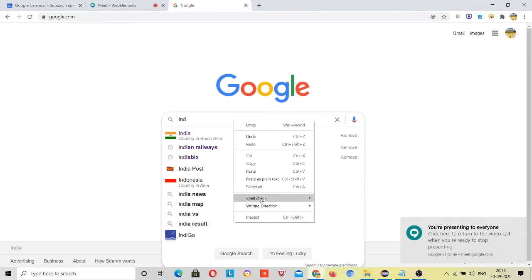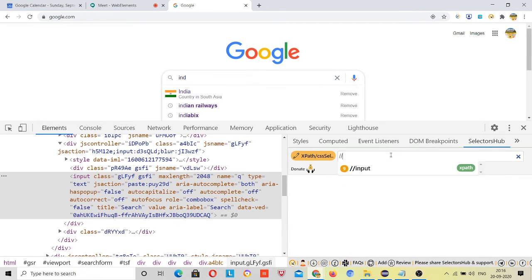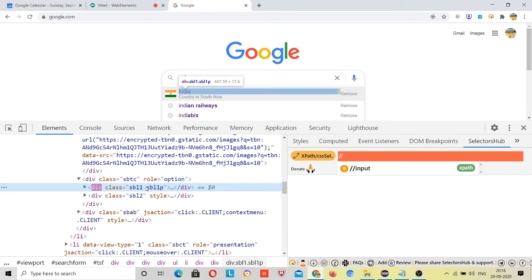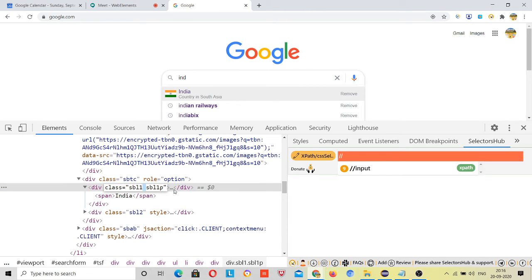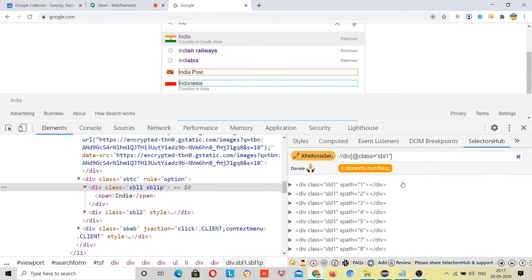Just inspect this and use double slash, and for this I will use the div with at the rate class is equal to. Click on enter, eight elements it's suggesting as of now.